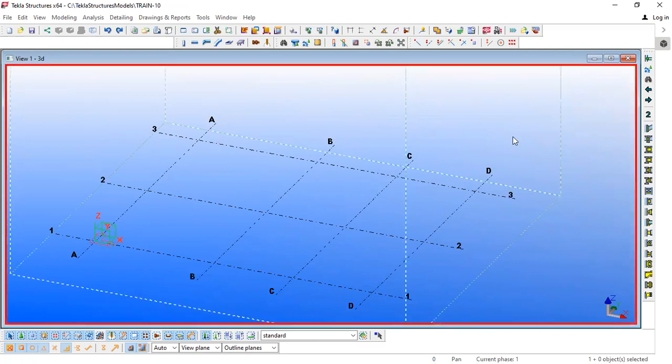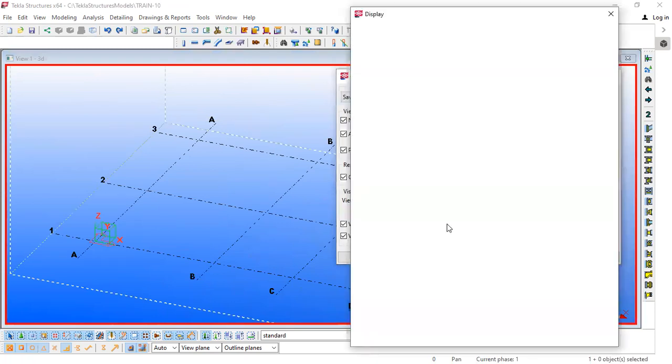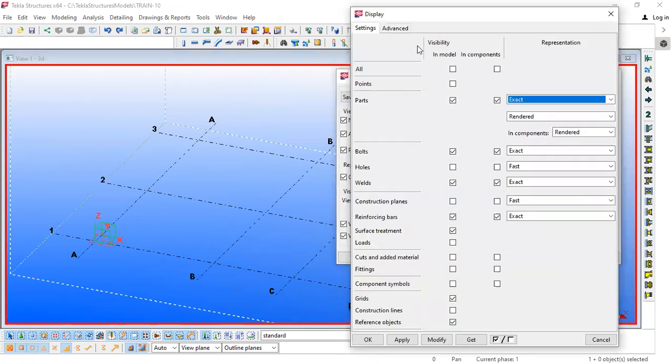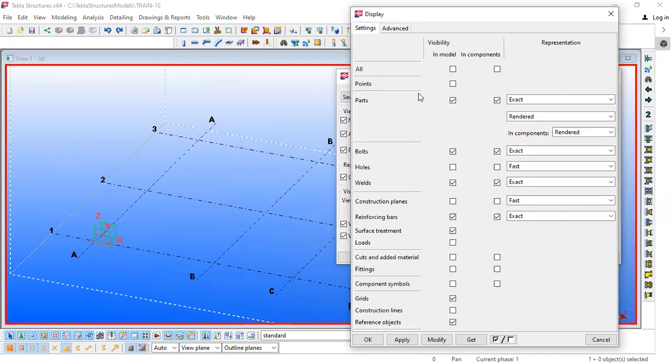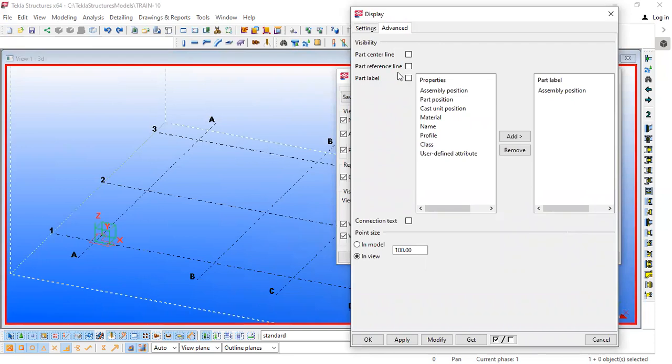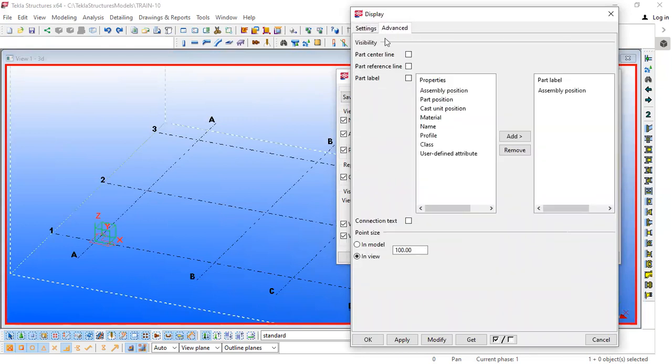Okay, in the last lecture we saw these properties, the display properties. I think we already completed these display properties. Did I explain this to you in the last lecture? We are already done with this. So I think this part is done. Advanced. Okay, right. So we'll move to the